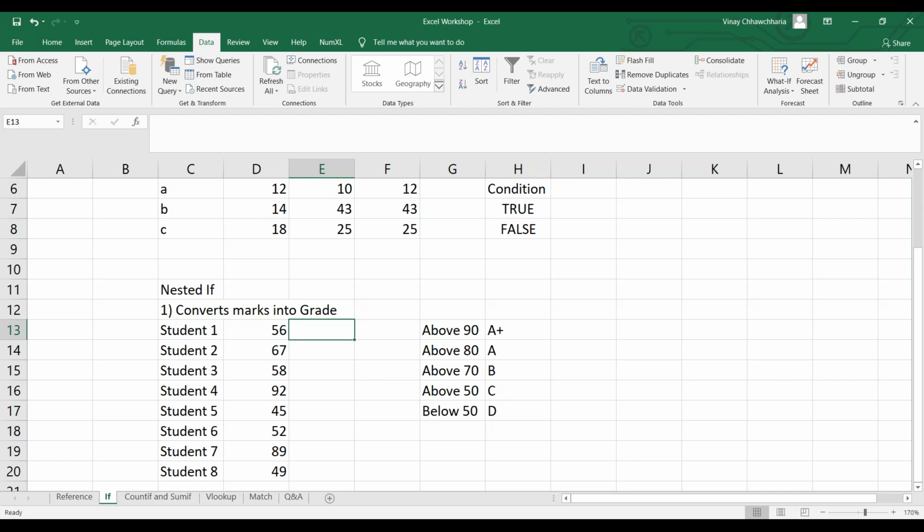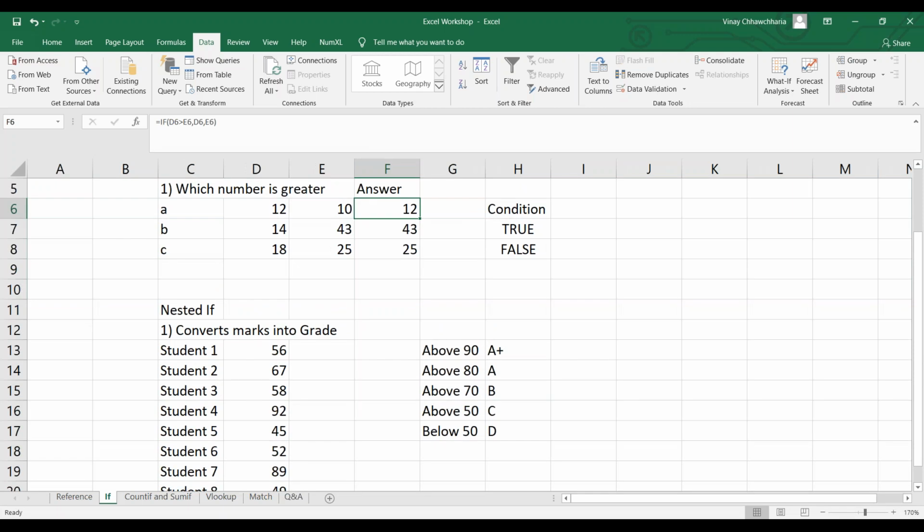If you are not getting the answer when you are dragging it down, either please check the formula, either you have hard coded 12 or 10, or else we have to take it offline or during Q&A.